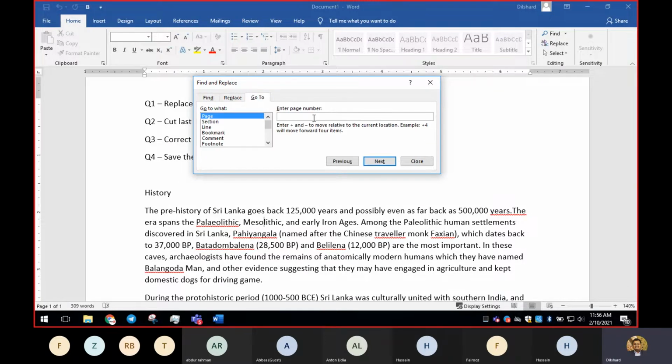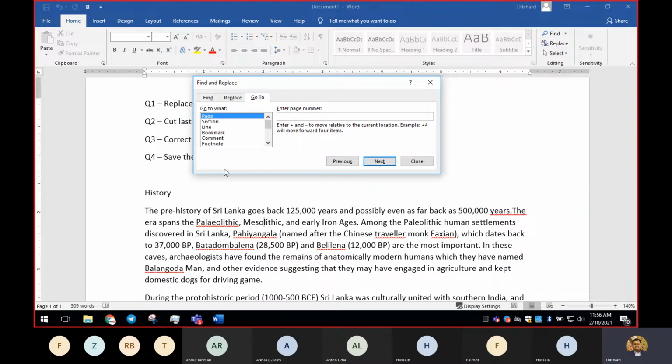Or else, Go To. If you select Page and type a number, if you have 200 pages in this document, you can directly go to any page that you like. And if you have section, line, bookmark, comment, footnote, there are many things here. You can click and see.